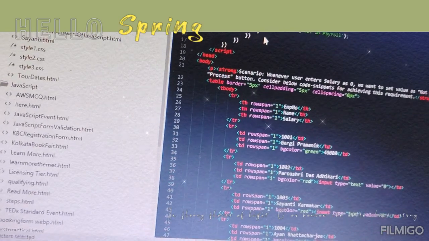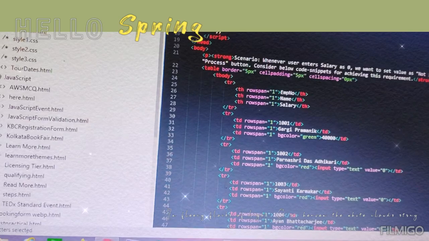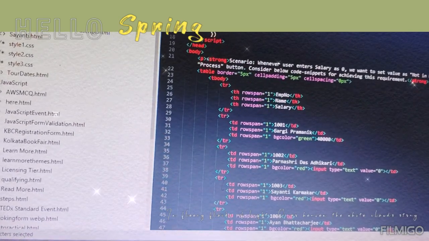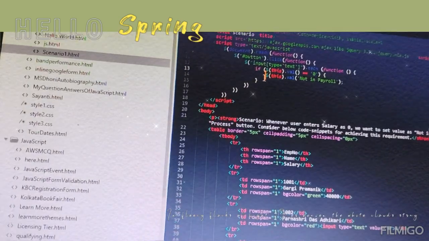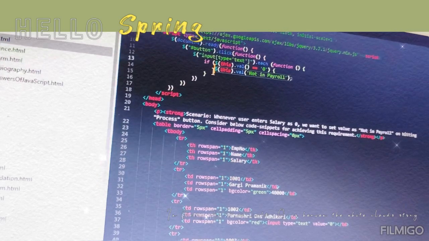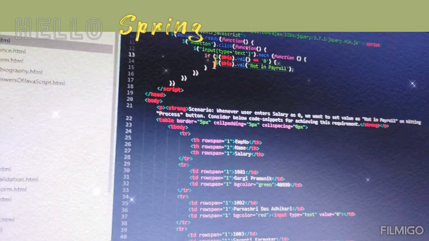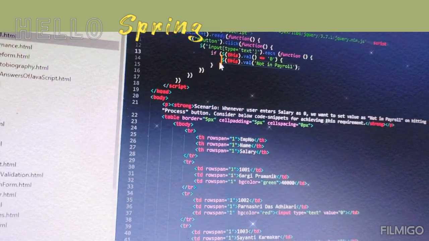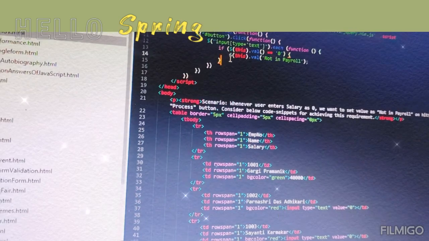Okay, and now coming to my last step of the jQuery function which I have used, that is in line number 13, that is $(this).val("Not in Payroll"). This line finally updates the salary value to Not in Payroll from 0 after checking the if condition, and